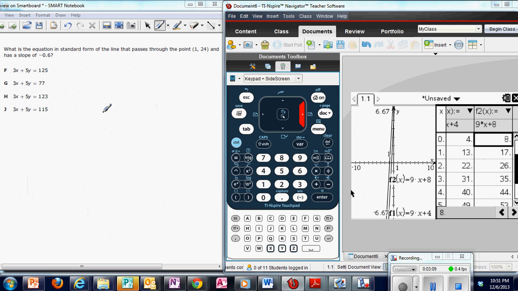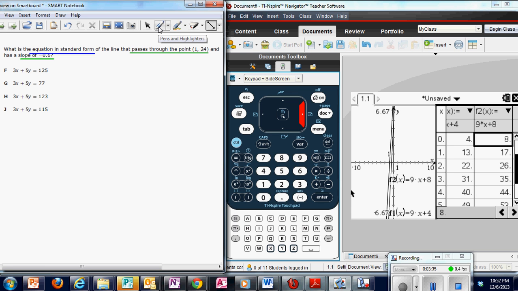Okay, now what is the equation in standard form of the line that passes through the point (1, 24) and has a slope of negative 0.6? So let's highlight our given information, and we specifically want the equation in standard form. Okay, well,